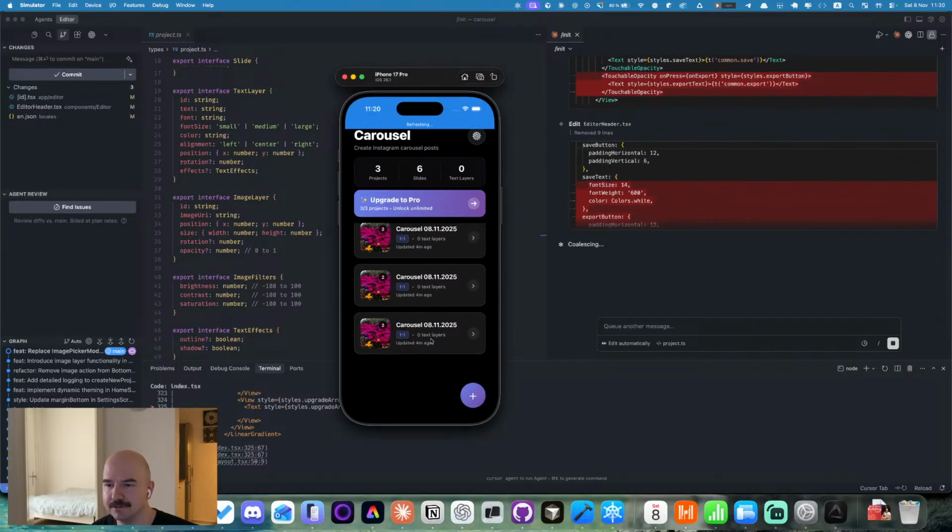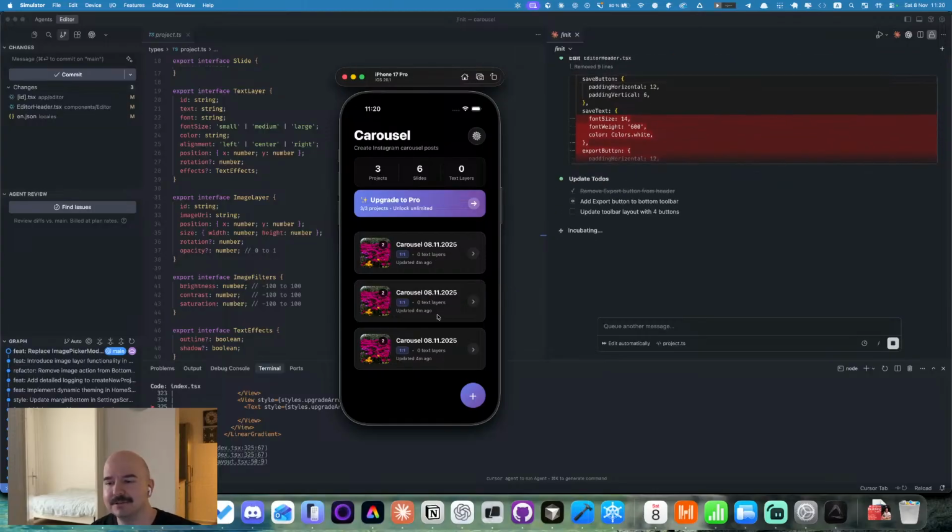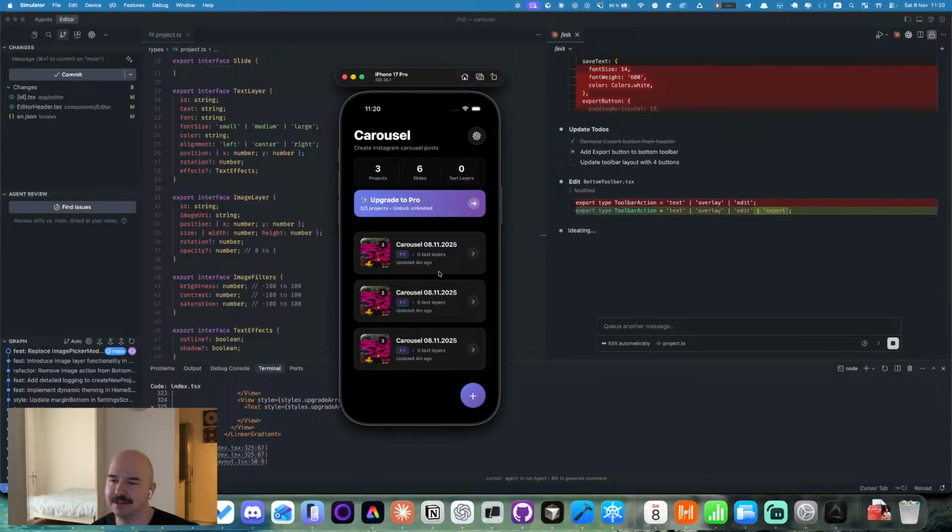Yeah, and we have a lot of savings here. I don't know why we have a lot of them right now. Maybe on every hot reload we are saving something and it is some kind of bug right now.